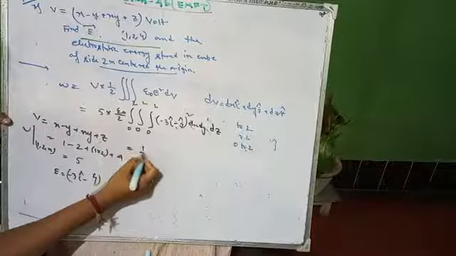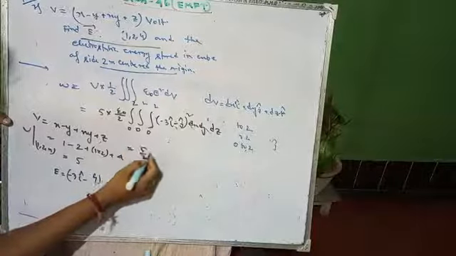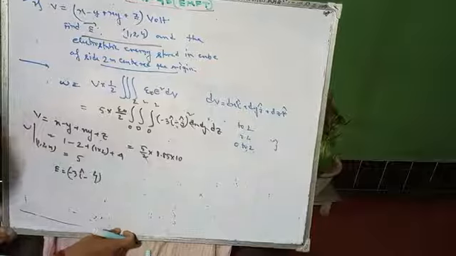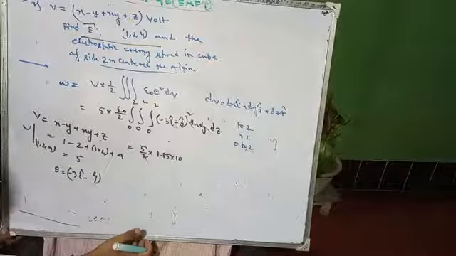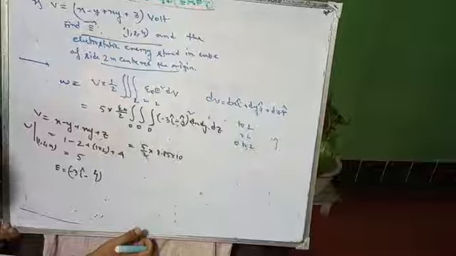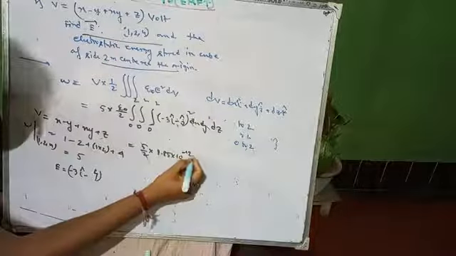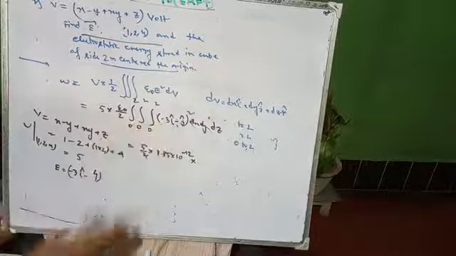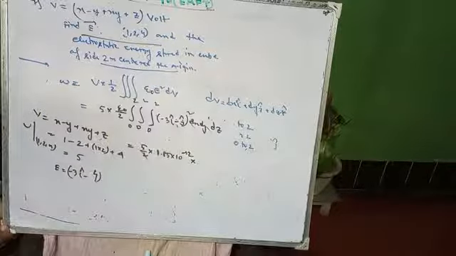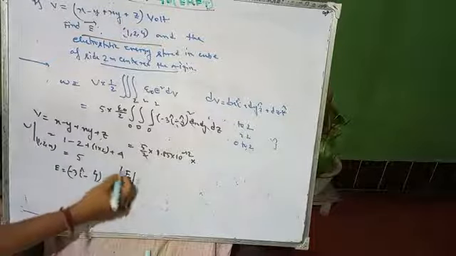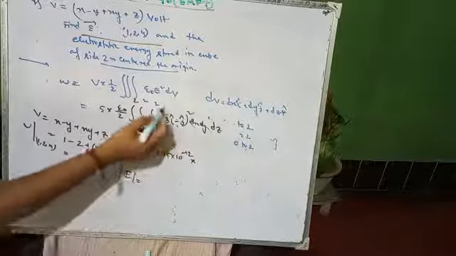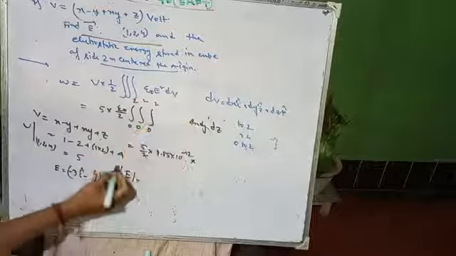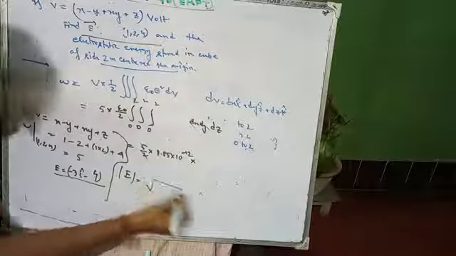Okay, so half that will be equals to 5 by 2 into 8.85 into 10 to the power minus 12. Now, if we integrate minus 3 i cap, so what will be your result? Minus 3 i cap. So you have to first find the modulus of intensity. It is a vector quantity, so you have to apply the modulus of E.